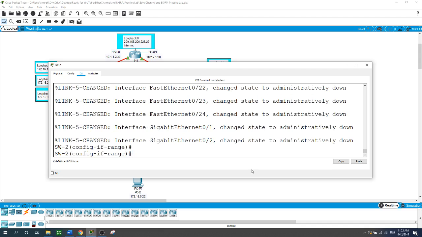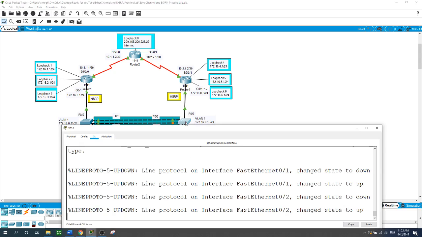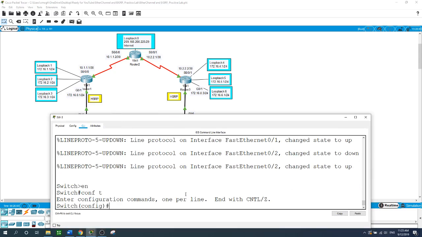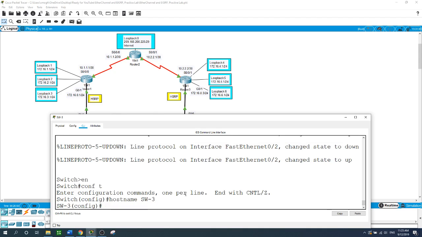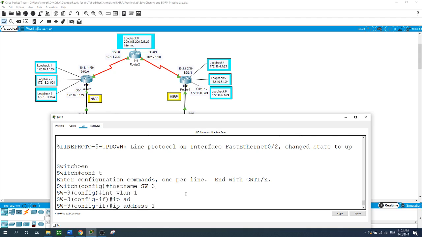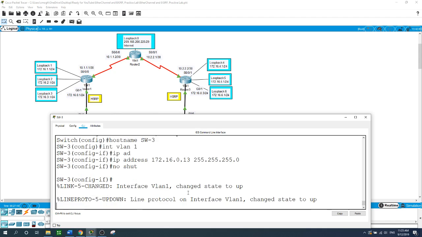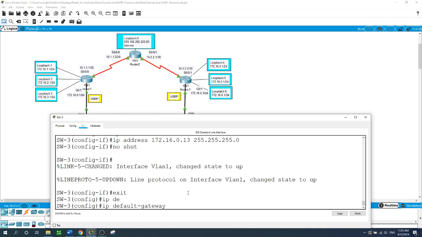Now I will do the configuration on switch 3. Enable, configure terminal, hostname SW3. I will assign the IP address now to the default SVI, VLAN 1. So enter VLAN 1 with the IP address of 172.16.0.13 with /24 subnet mask, and activate this VLAN with no shut. Now for the default gateway of